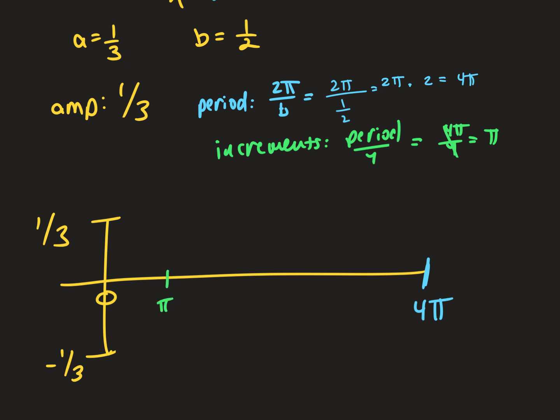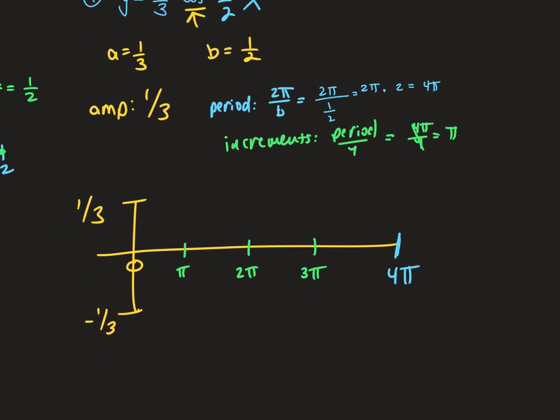When I add 1 pi plus 1 pi, what do I get? 2 pi. When I add 2 pi plus 1 pi, what do I get? 3 pi. When I add 3 pi plus 1 pi, what do I get? 4 pi. There you go. And now we graph. Do these get harder? Yes, next year they will. But you don't have to worry about it right now. We're not worried about phase shifts. We're not shifting left and right. We're not shifting up and down. We're just worried about finding the time period, finding the increments, and knowing what the shape of the graph looks